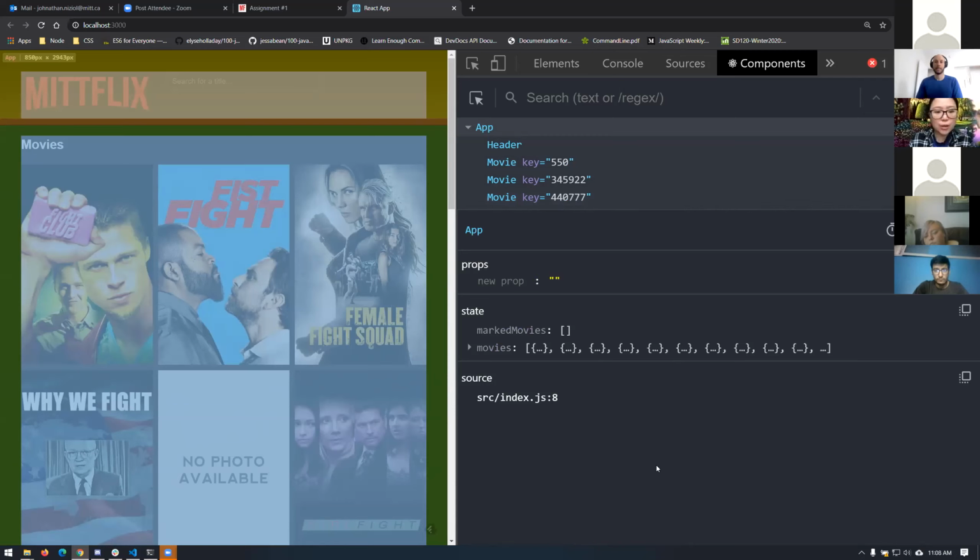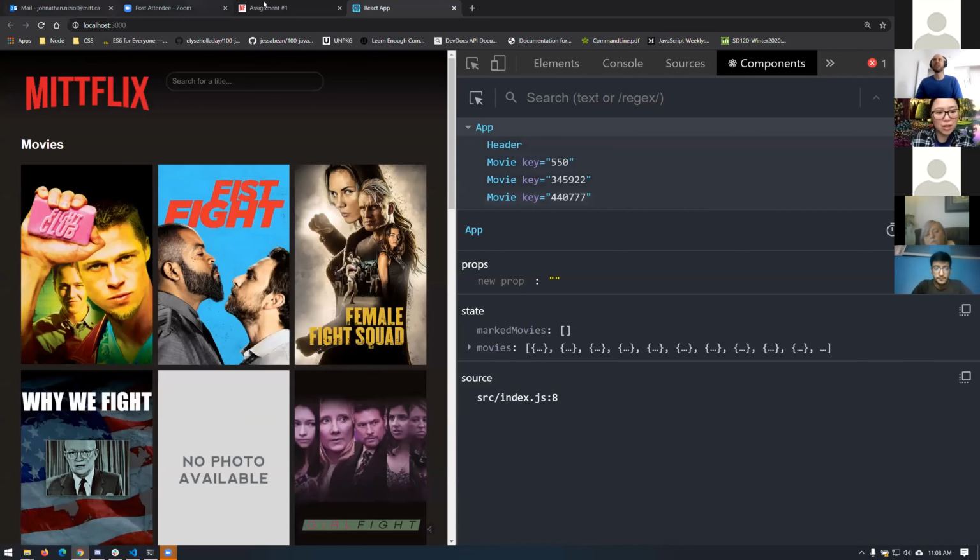I'm trying it now. The props, state, source part, anything, even if I click and specifically tell it what to look at, it doesn't show anything. It only shows the movie and other API stuff like that, keys. I think I just didn't configure it right or something. You shouldn't have to configure it. I didn't configure it at all. It just